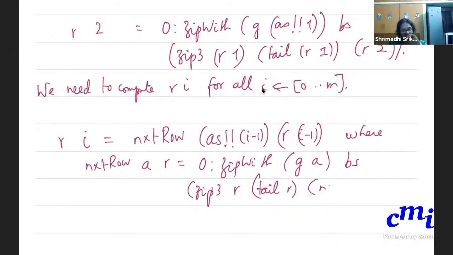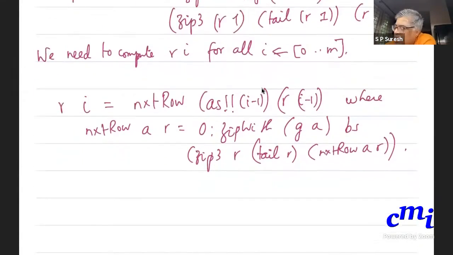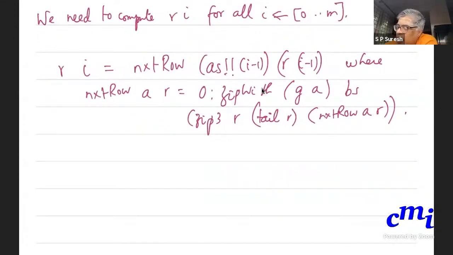Okay. This is what gives you next row of As i minus 1, Ri minus 1. But then we have applied that here, so you will just say it is the local definition. So you can just say this. You can try to think about it, because all you need to do is substitute. One way to check the correctness of this equation is: if you substitute As i minus 1 and Ri minus 1 here, what will happen?